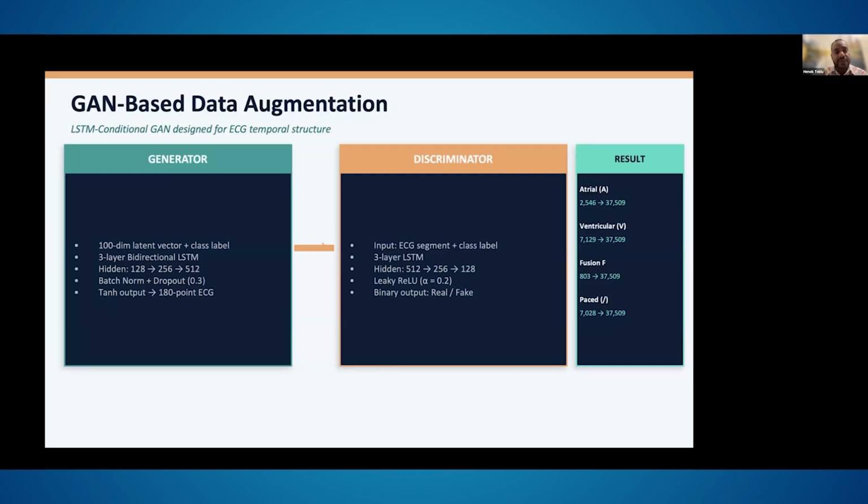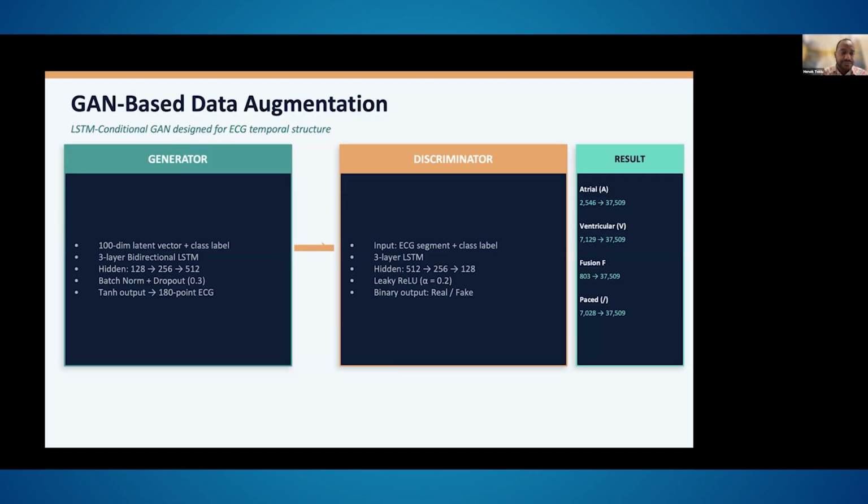Then we have two important elements. The first one creates those fake data sets based on the available data set, and the discriminator just tries to look at the data itself and make sure it identifies whether it's fake or non-fake. At some point, the generator will be more intelligent and somehow trick the discriminator into assuming that those fake data sets are real. At that point, that means we have made some synthetic data sets that resemble those minority classes.